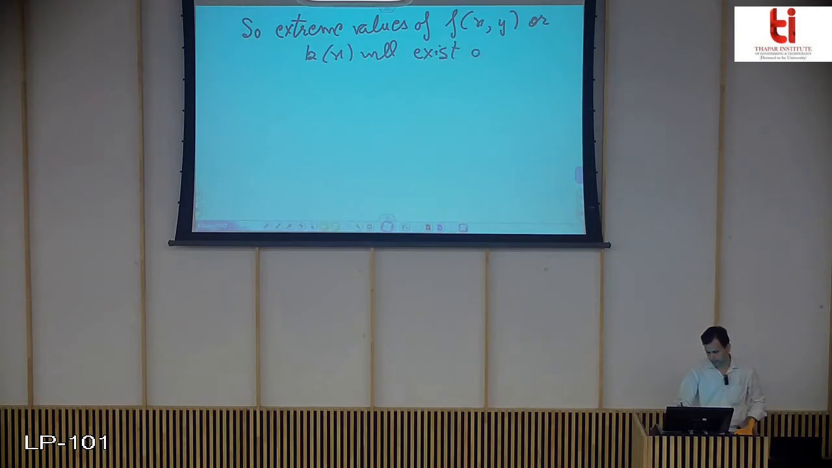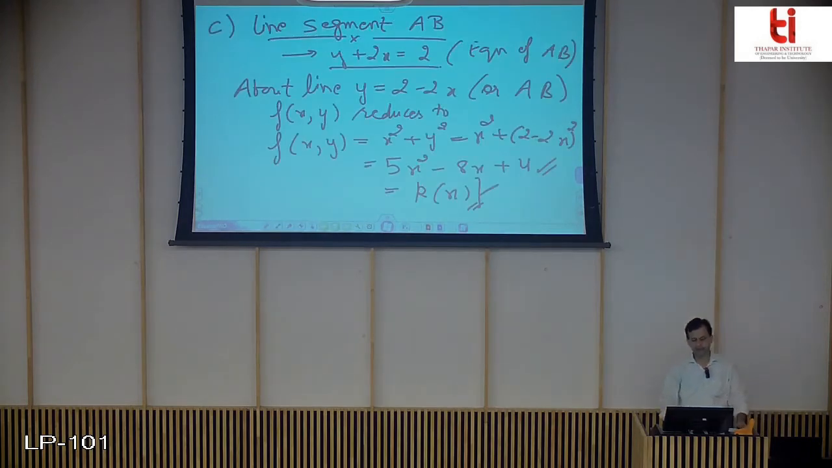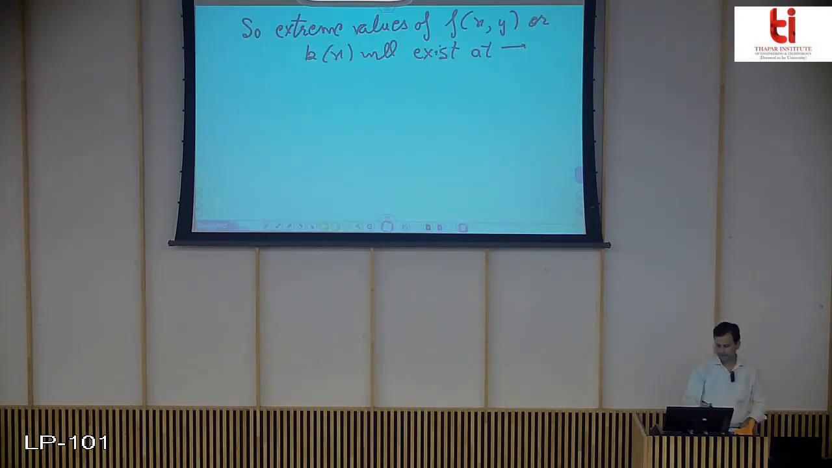Extreme values of f(x,y) or k(x) will exist at, and no doubt here, since we have written k(x), x will vary from 0 less than or equal to x less than or equal to 1, and y, no doubt, varies from 0 to 2. So the extreme values of f(x,y) or k(x) will exist at first